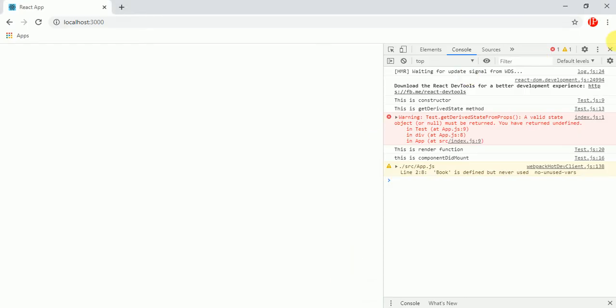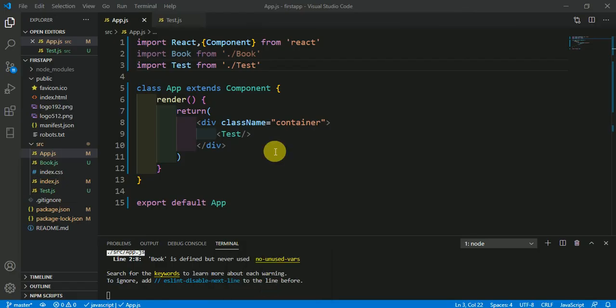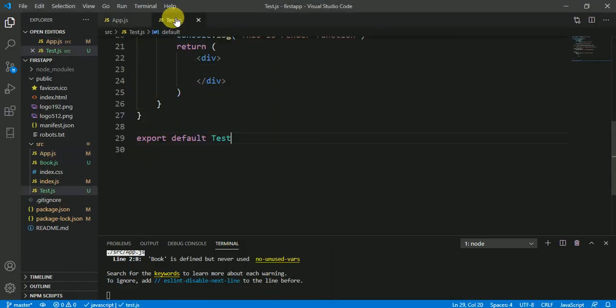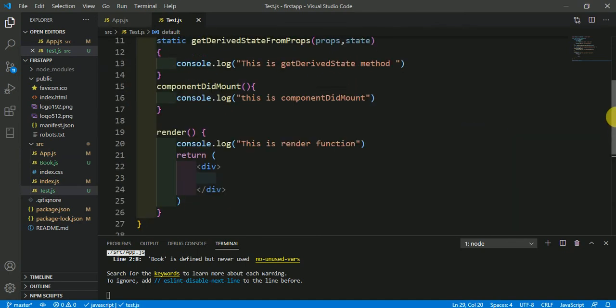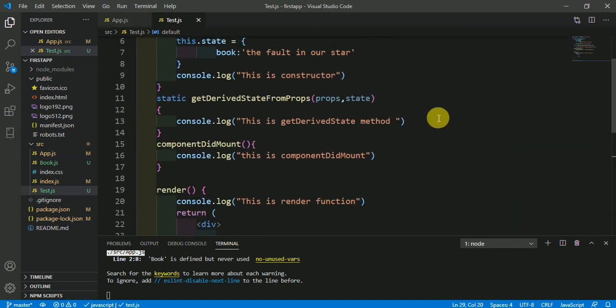Just come here once again, and here you could see this is the constructor, this is the getDerivedStateFromProps method, this is the render function, and this is componentDidMount. Here one more error is coming, that we have to return null in getDerivedStateFromProps. I forgot to do this. So come here and return null.